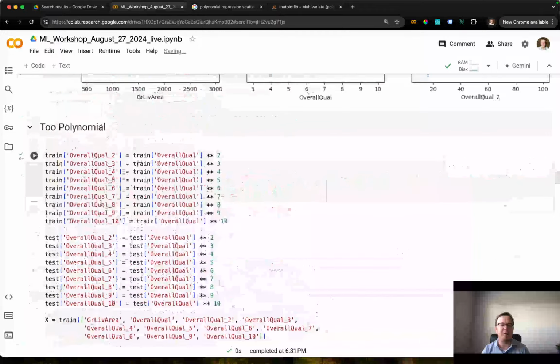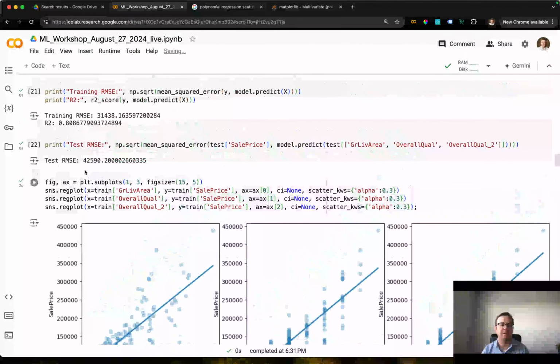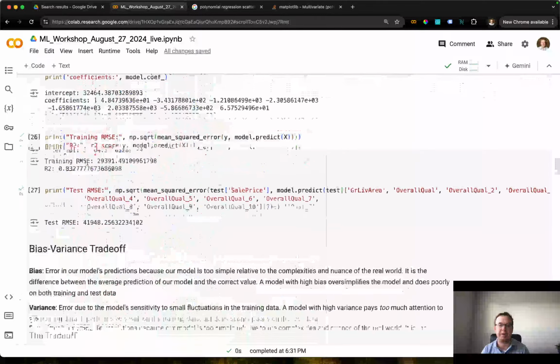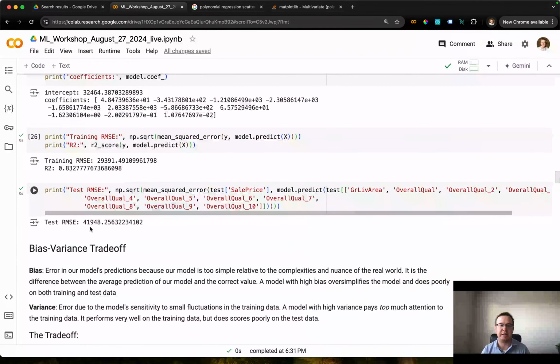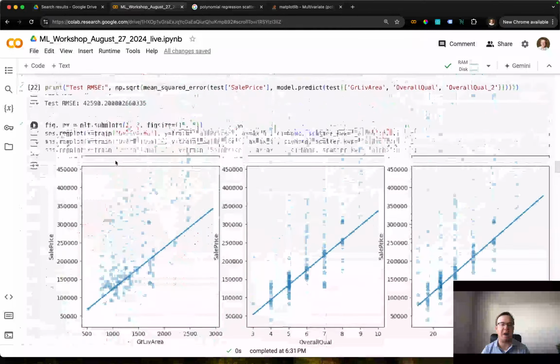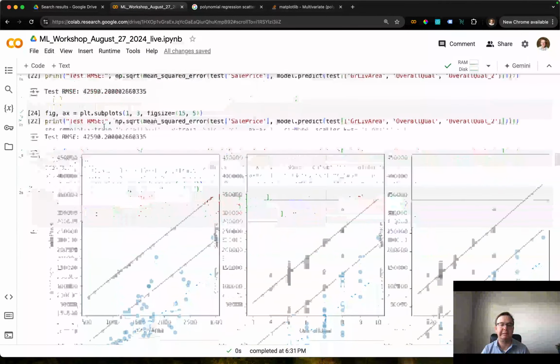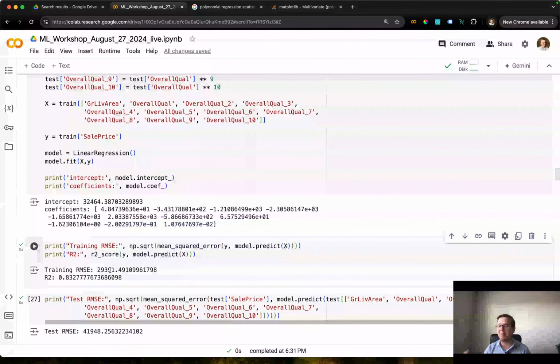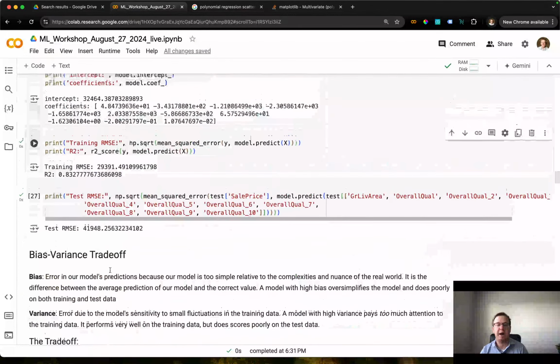41.9 versus 42.5. So it has gone down. Our test root mean squared error has gone down a little bit. It's gone down by about 600. But our training root mean squared error has gone down by 2,500. So our training root mean squared error has gone down by 4 times as much as our test root